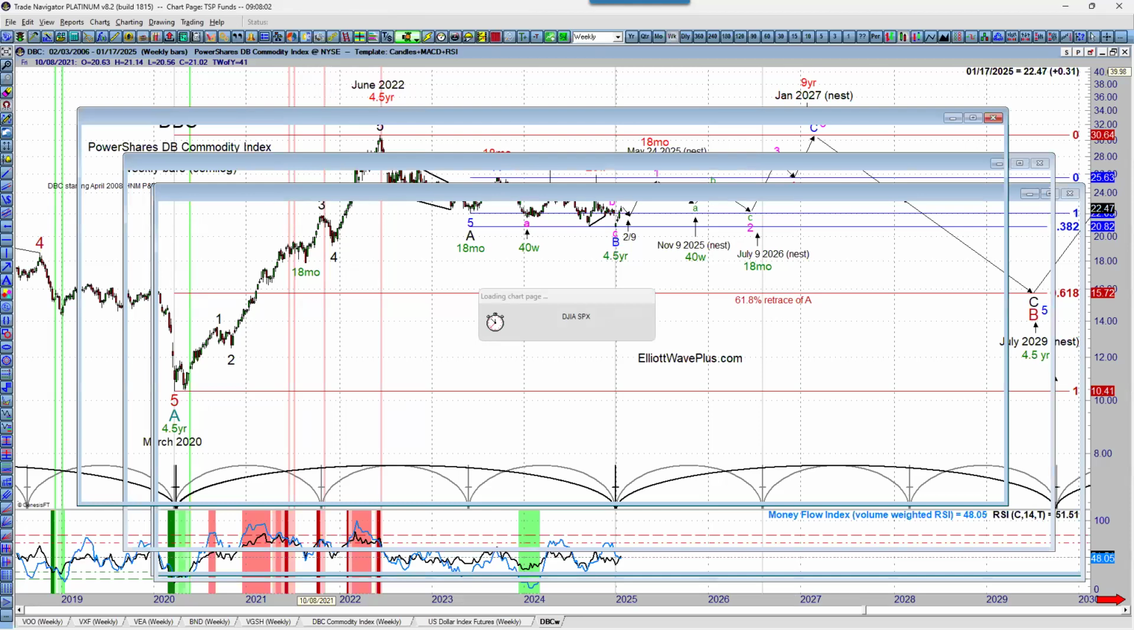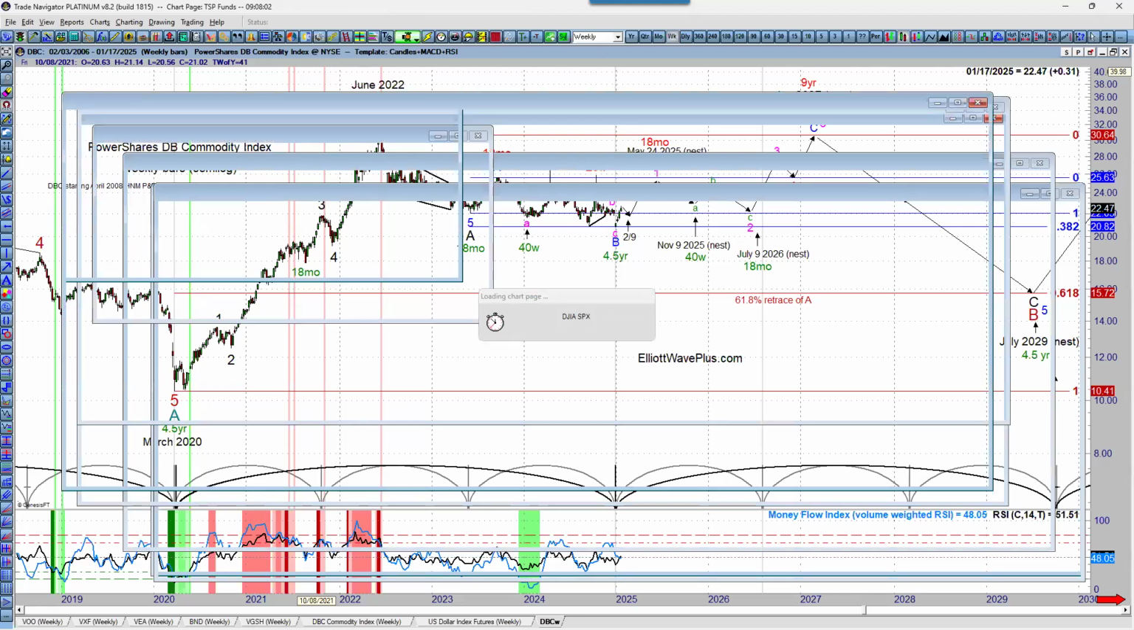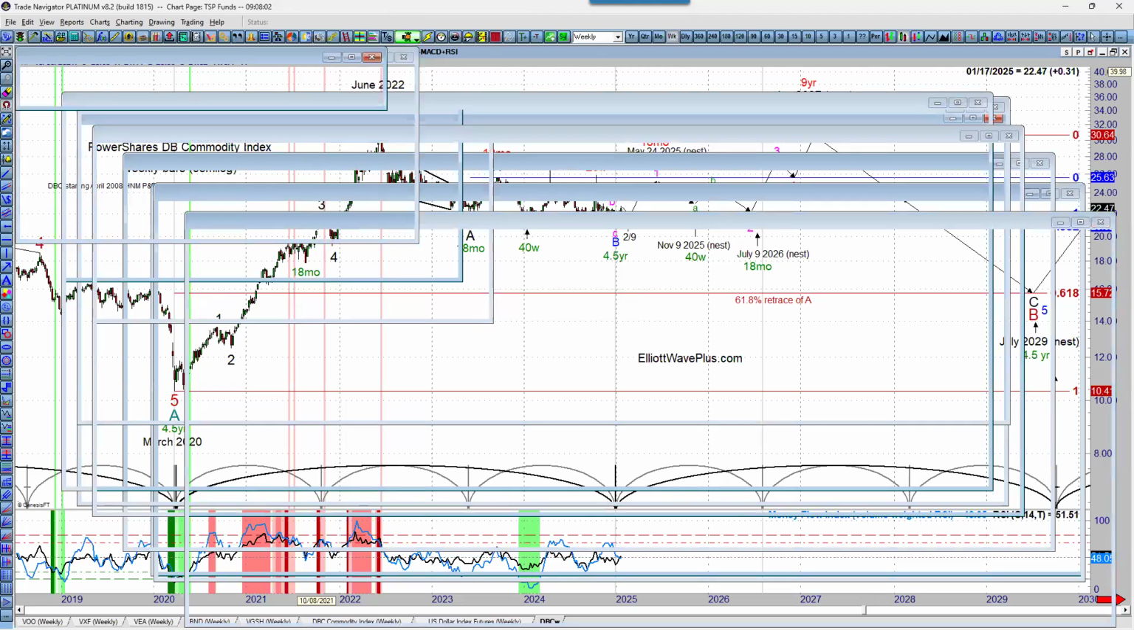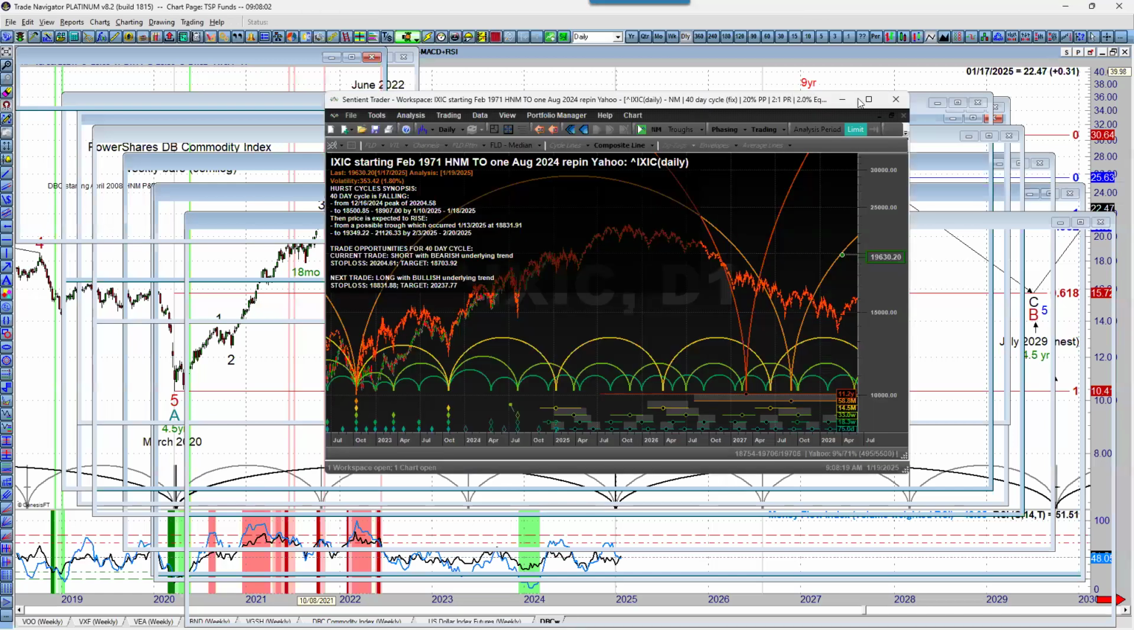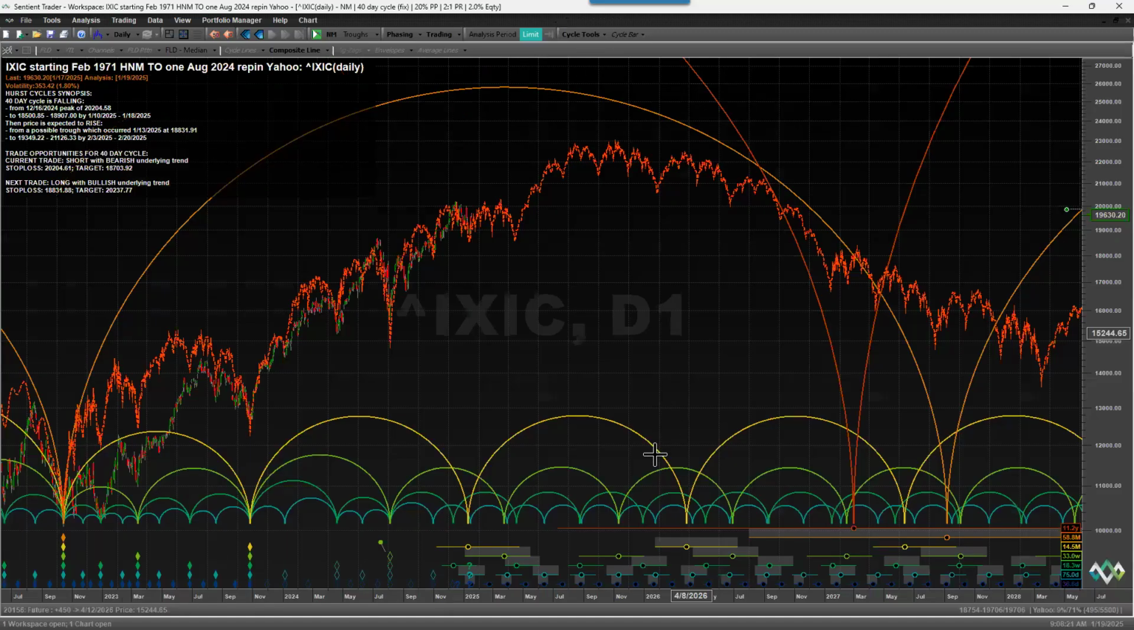Moving on to the Dow Jones Industrial Average and the S&P, I have a live chart on Sentient Trader, but not on what we typically look at. And I wanted to show this to you to make a point. As we move through the wave count, the main and the alternate on the Dow and the S&P and so forth, there's something that I'm seeing on the composite line from Hurst that is suggesting